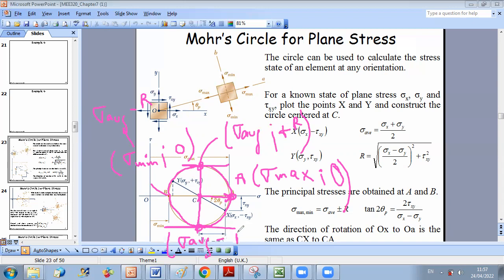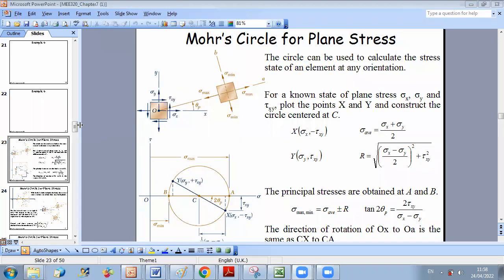And from this circle, you can deduce geometrically for any orientation. Okay, so let's say I told you we rotate from the x-axis an angle alpha. What will be the state of stress? You say then, if I go to Mohr's circle, when I rotate alpha on the figure, I should rotate 2 alpha on the Mohr circle. Okay, because if you remember from derivations we did before here,